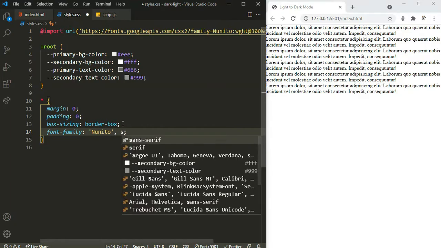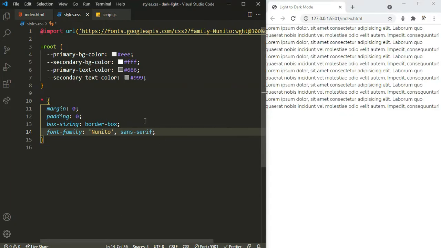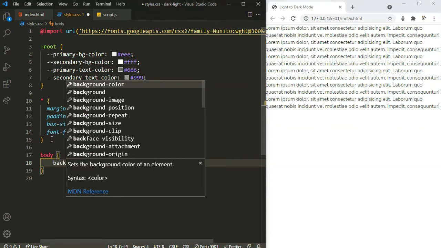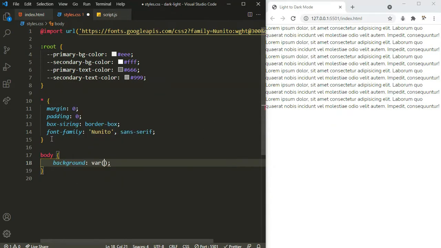And let's also set some fallback font, that's going to be sans serif. Okay, now let's target the whole body. For the body I'm going to set the background to the variable I already defined, the primary background color, a grayish color, which I already set over here.